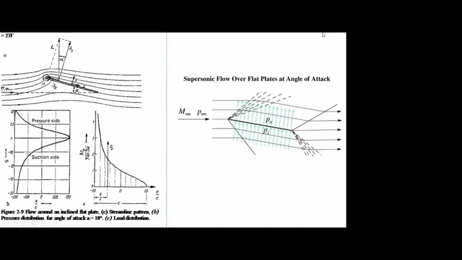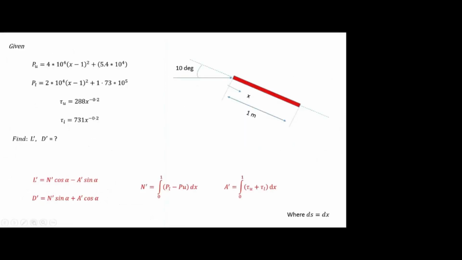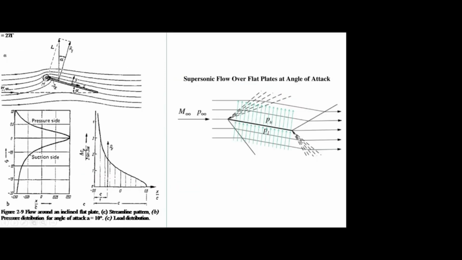Okay, so first we are going to see flow over the thin flat plate. Here I have taken two cases. One is subsonic flow over the flat plate, and here is supersonic flow over the flat plate. Okay, so if you take subsonic flow over the flat plate, there will be a boundary layer growth and you